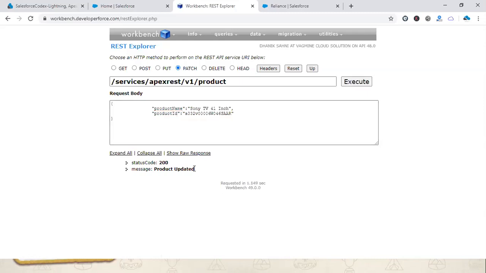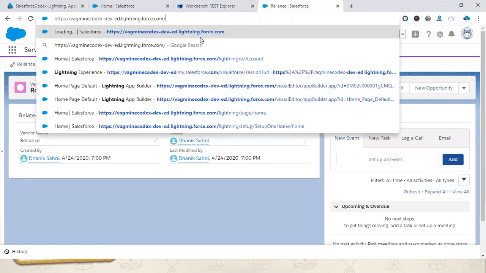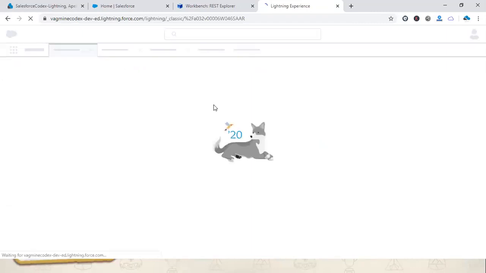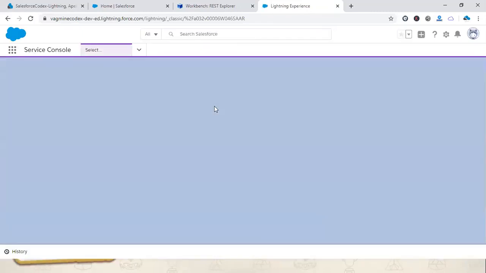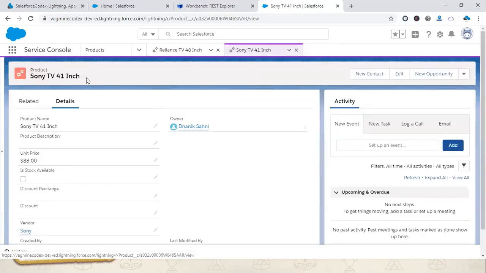So the record is updated with this one. Whatever record is there, let me see this record. Yeah, Sony TV 41 inch. So it has updated the product name of that particular product.